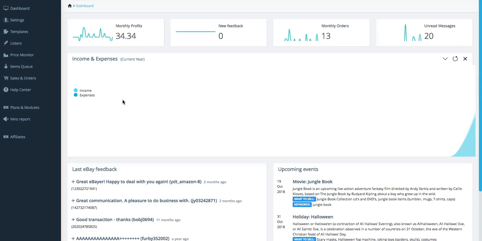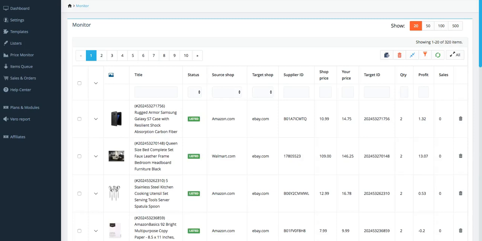Here we are going to go over today the Price Monitor tab. So let's get started. Now let's go to the tabs again on the left hand side as shown here, and let's click on Price Monitor. You will be redirected to the Monitor page where every listing you will ever create and list on eBay will be shown here. As you can see here, there are some examples to show you just exactly how the lister